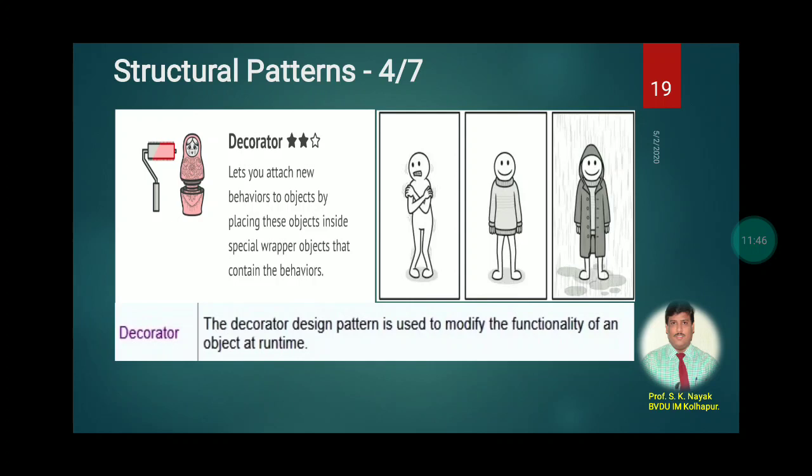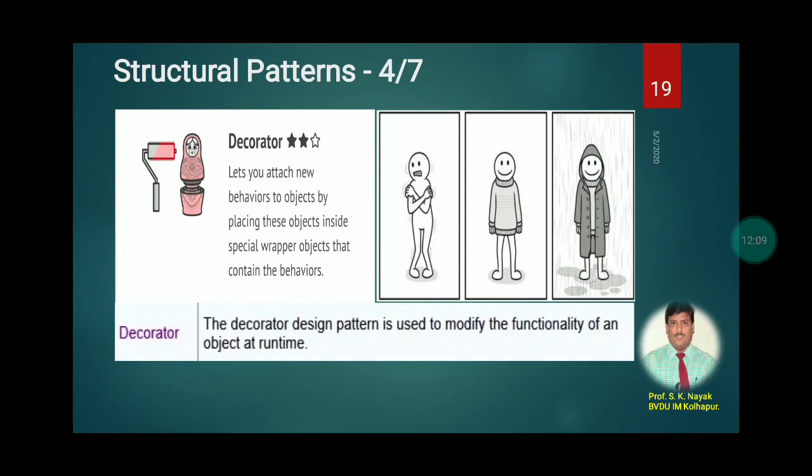The decorator design pattern is used to modify the functionality of an object at runtime. When we want to change an object's properties, behavior or features, we can change them at runtime.